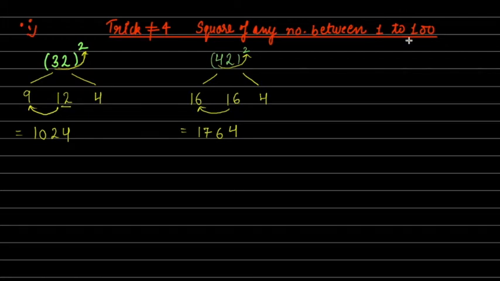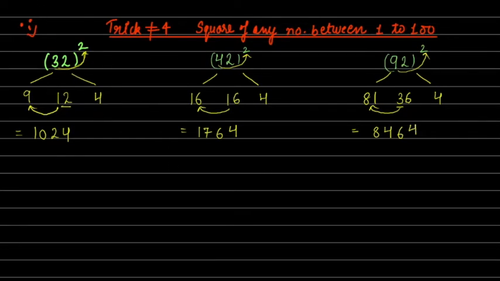Now see, next number, suppose I am taking 92 square. Again we will repeat the same thing. 9 9s are 81, 2 2s are 4, 9 2s are 18, 2 18s are 36. No carry here, here we have 3, pass it to here, which gives you 81 plus 3 as 84, and this 6 and 4 as it is. So 8464.